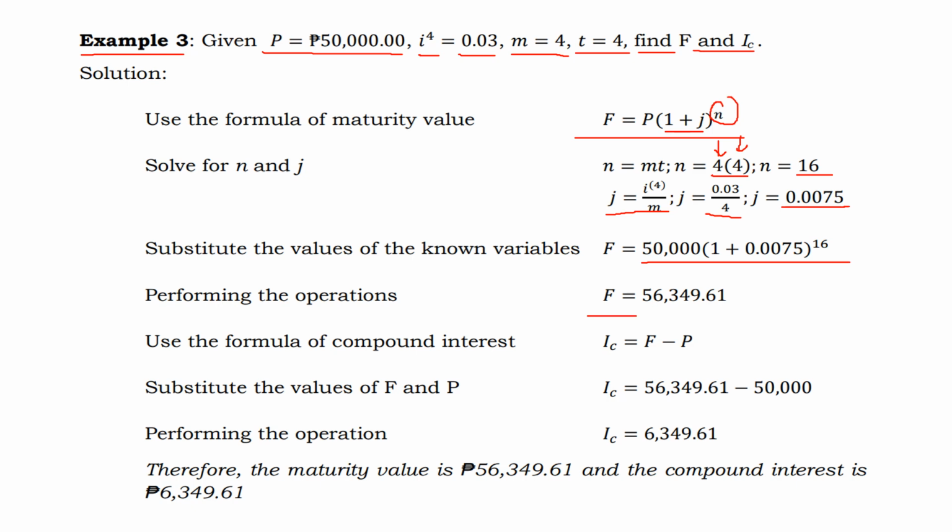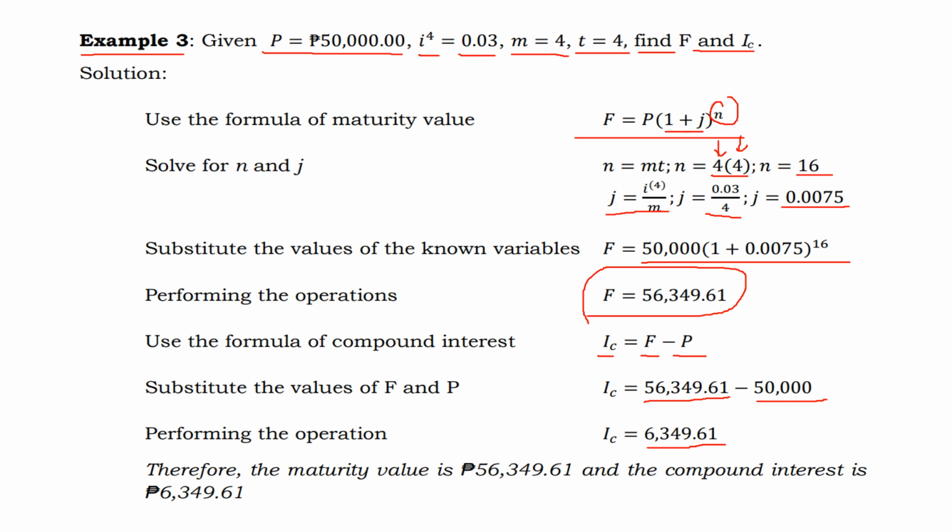So the resulting value for this one is 56,349 pesos and 61 centavos, and that will be your future value. Now, how can we get the compound interest? We simply subtract your principal or present value from your future value. So your IC is equal to F minus P, or future value minus present value. So it becomes 56,349 pesos and 61 centavos minus 50,000 pesos. So it becomes